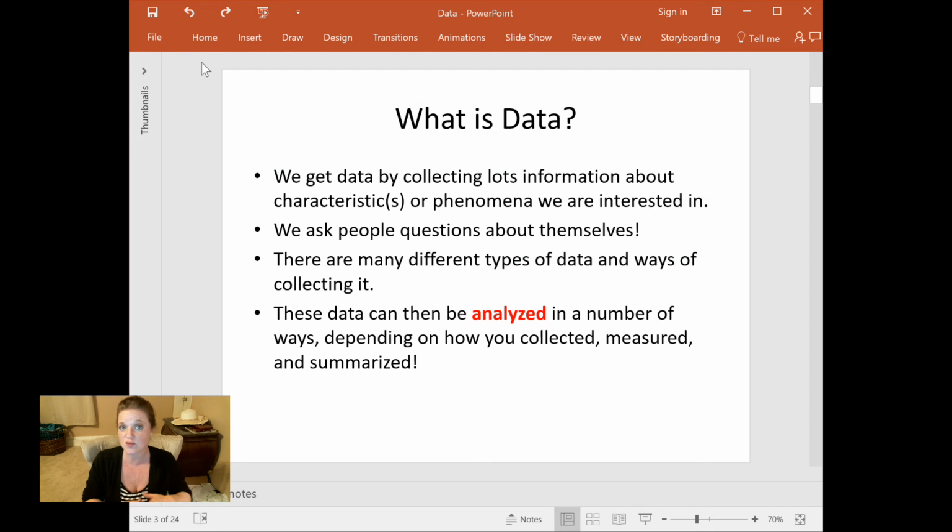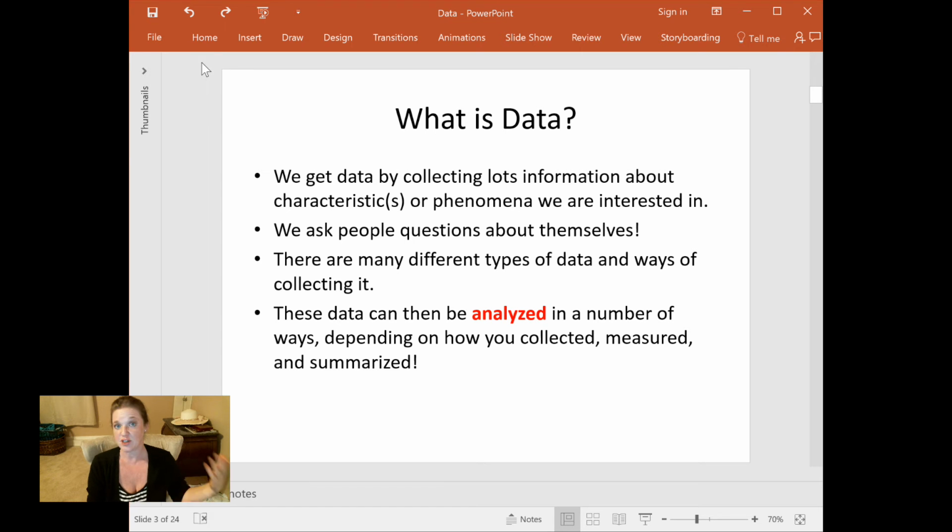Hair color is the broad characteristic on which people can differ. And I like to think of the variable as the question itself. The question is, what color is your hair? That's the variable. And then my answer is my outcome or my data, right? And so researchers ask people questions. They ask questions about their characteristics, ask questions about the variables.